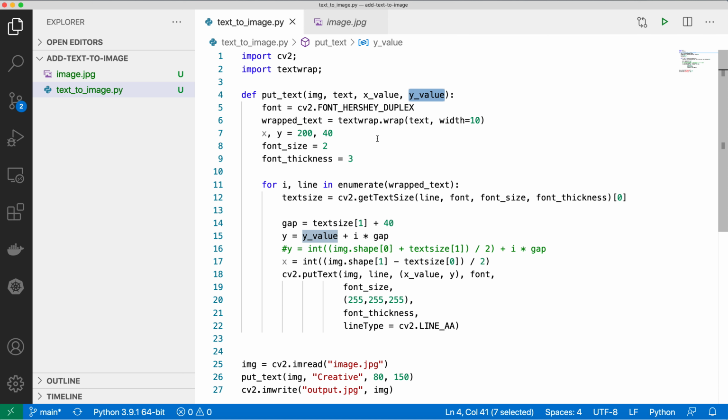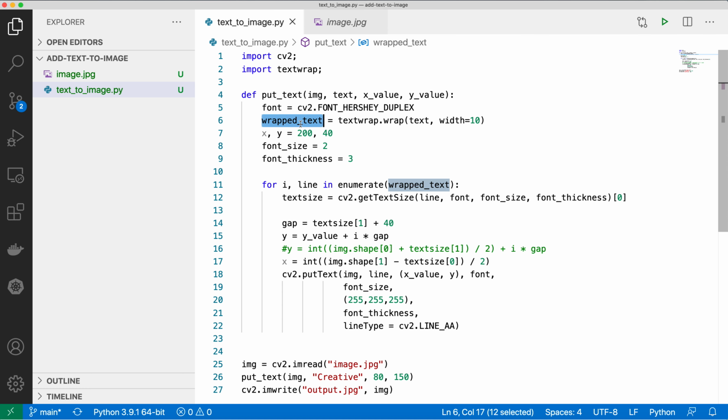First we need to decide the font in which you want to write the text. After that we are doing the text wrapping, and in text wrapping you can decide the width of the line. Whatever width of the line you want to have in your image, let's say 10 width, 20 width, based on that width the wrapping will happen. After that I'm deciding the font size, font thickness, all of those things. Now let's say I have multiple lines based on the text wrapping. If it's one word, there will not be multiple lines, it will be one line only. But if it's a long line, then there will be multiple lines in the wrapped text.